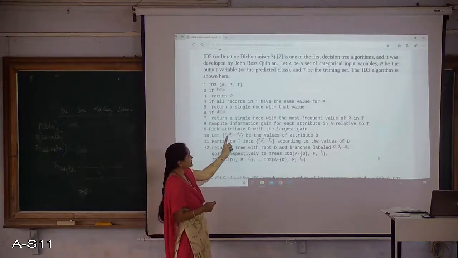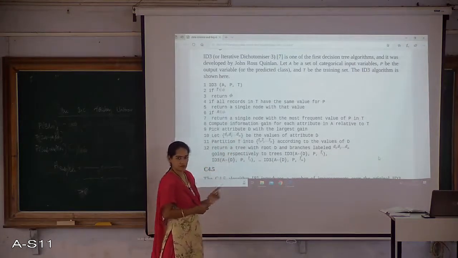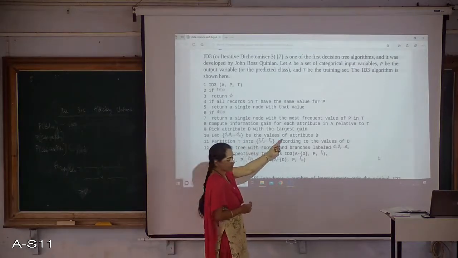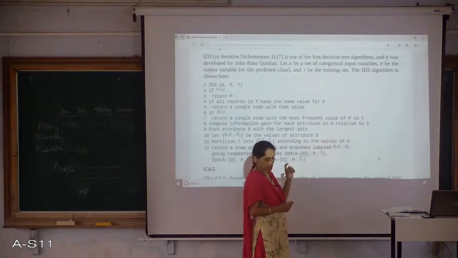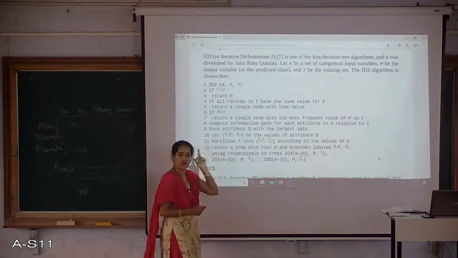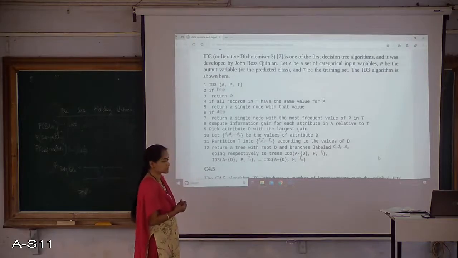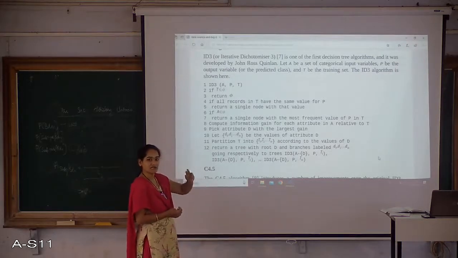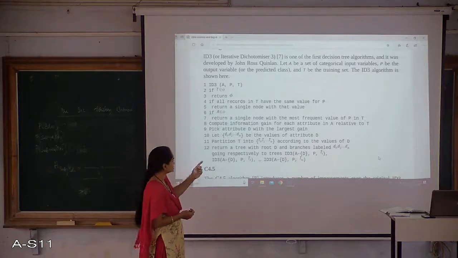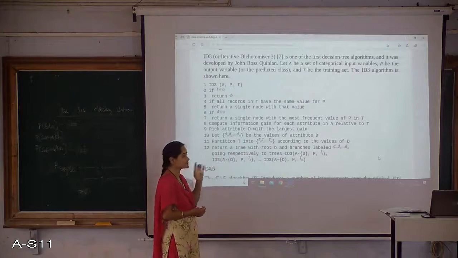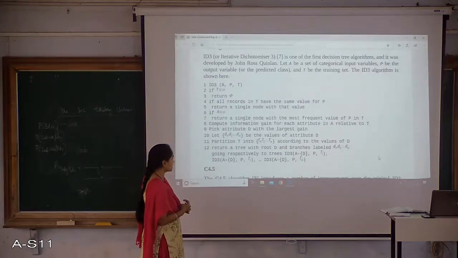Let D1, D2 up to DM, that is the categories of that D, be the values of the attribute D. So for example, when I take contact as my particular attribute with the higher information gain, I have taken 3 categories in it. So this small D1, D2 up to DM is nothing but those values of the same attribute.